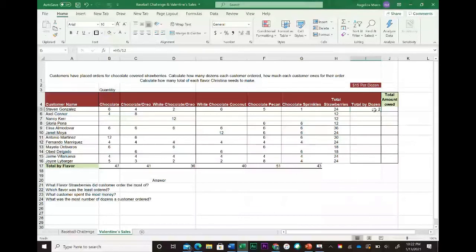For those of you that don't know, there might be somebody that doesn't know. So 1 dozen is 12 strawberries. This guy ordered 24, so that means that he has 2 dozen. Do I need to do that for each one? No. I'm going to click and drag all the way down, and it's going to calculate how many dozen per